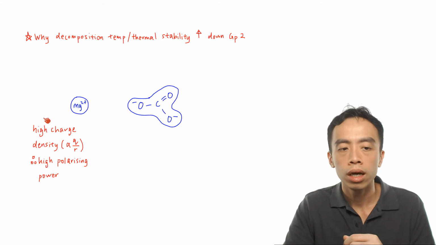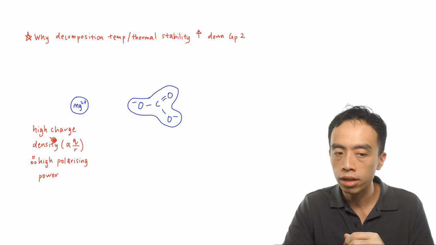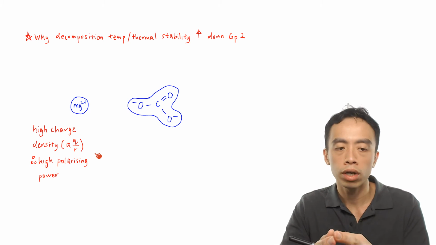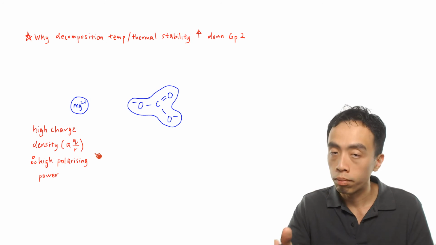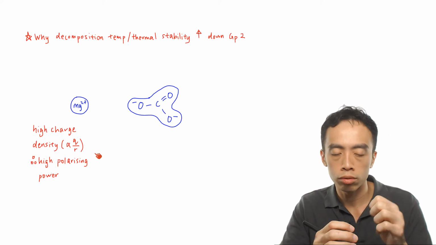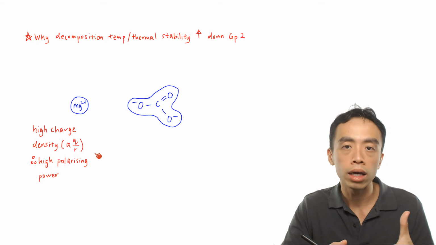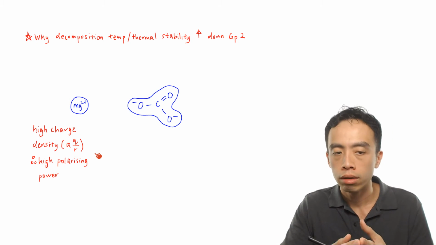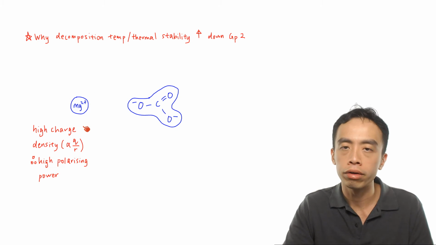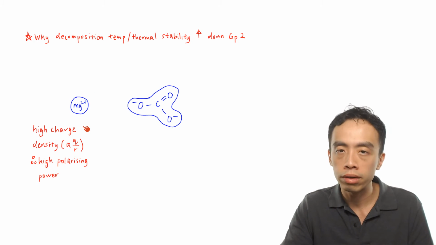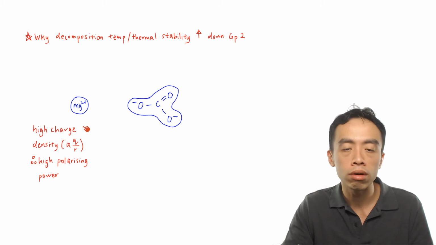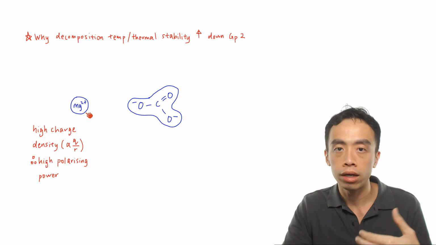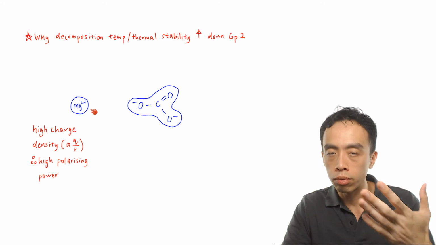So we have this here: Mg2+ has a high charge density, which is directly related to charge divided by size. It has a high charge, plus 2, and if I compare group 2 metals, the size is small, so it has a high polarizing power. Now, so what if it has a high polarizing power? The polarizing power of the metal cation is the ability of this metal cation to distort the electron cloud of a neighboring anion. So if this Mg2+ has a high charge density and a high polarizing power,